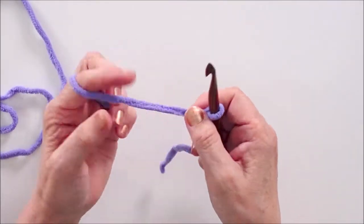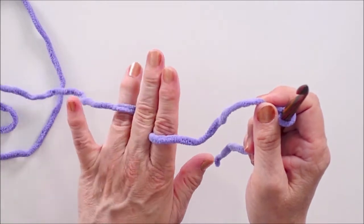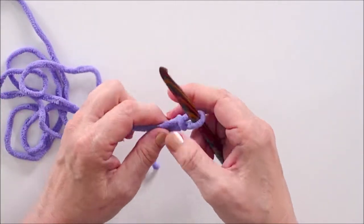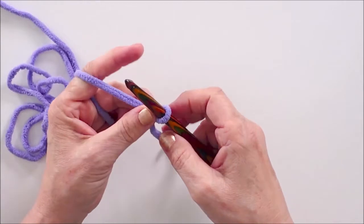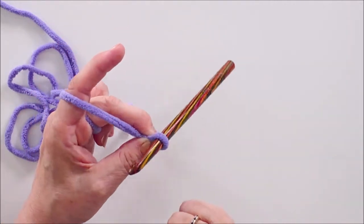However, lots of people like to wind it around their finger once or twice or even more. You might want to thread it through all your fingers. You might want to thread it round your little finger. It's all about what is comfortable for you to get the correct tension. So this is how I hold mine. And you should hold the knot up here so that you can let go of the hook and it stays